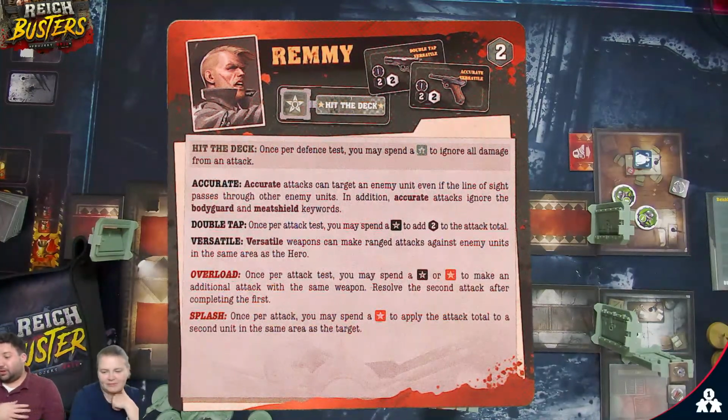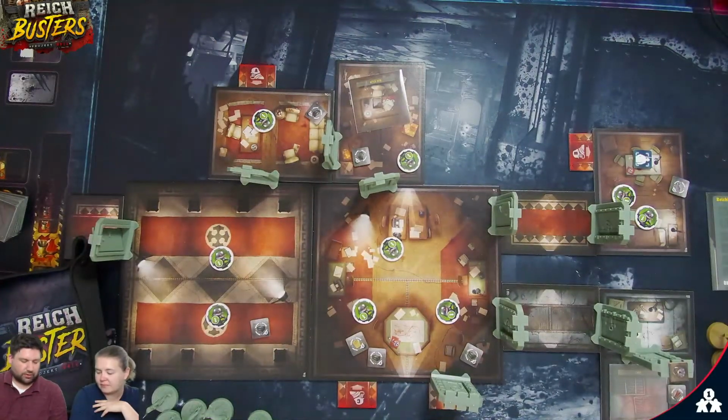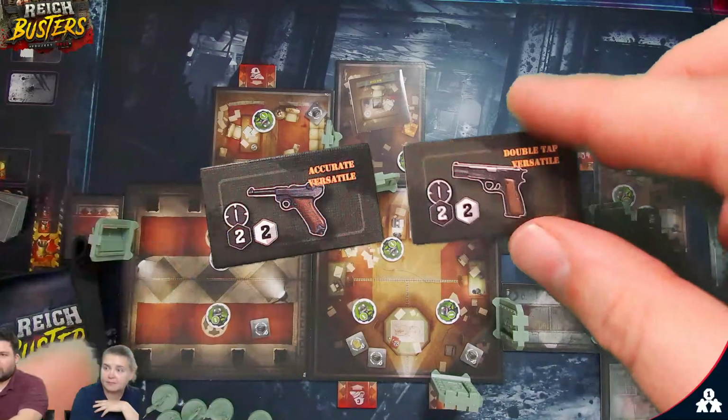Okay. So yeah, I've hit the deck where I can absorb or avoid all damage. Apparently, this guy's very elusive, as you can tell by his image. He can dodge stuff, and then I'm accurate, double tap, so I can hit things. I can actually attack with more strength if I need to, and versatile. So cool. So those are the characters we have, and each character comes with two weapons, and generally you get